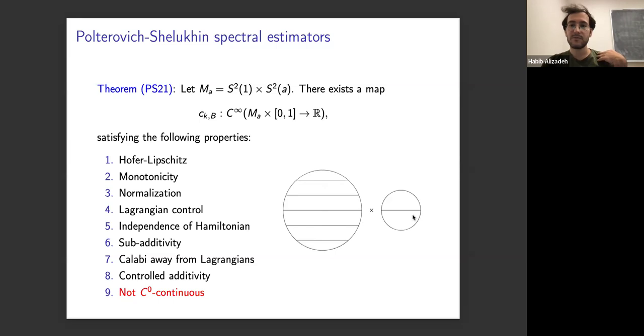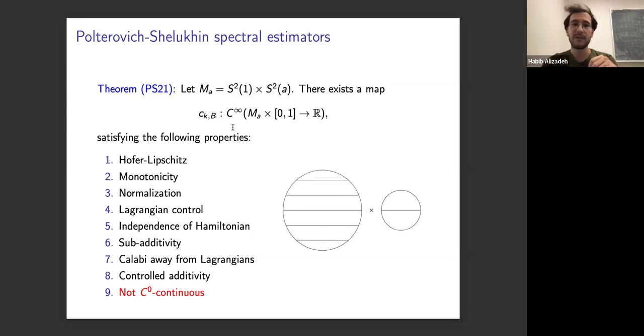And so what is this other line on the right? So we take the equator, and the way these guys are constructed, they're kind of a spectral invariant of this Lagrangian link. So what is the Lagrangian link? You take this collection of circles, and you multiply them by the equator. Those are going to be Lagrangian submanifolds. And you have this Lagrangian link, and you associate some kind of spectral invariant to this Lagrangian link, and then